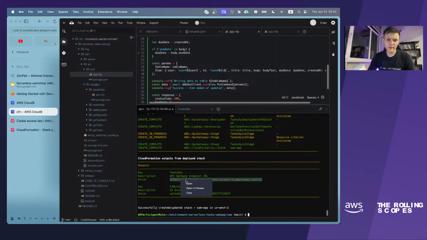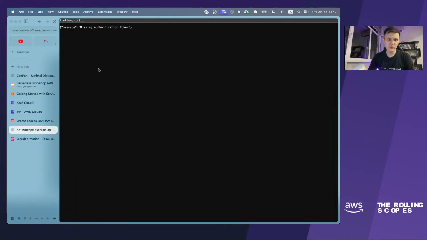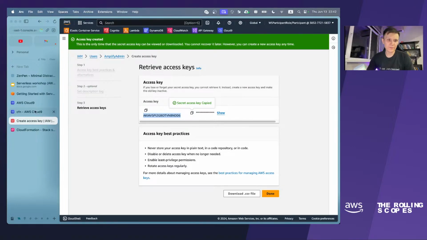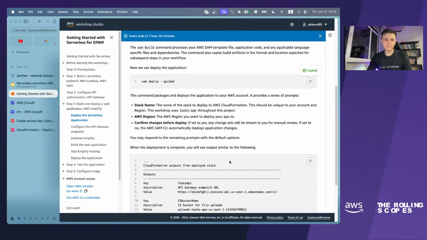But if you try to open it in your browser, you will get this message, missing authentication token. So now you have to put some token into the headers. That's okay. Let's go to the next step.